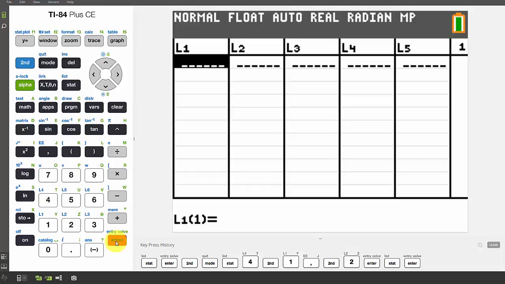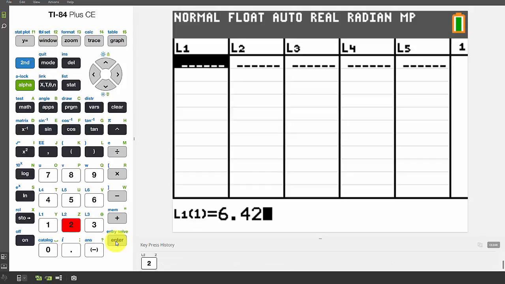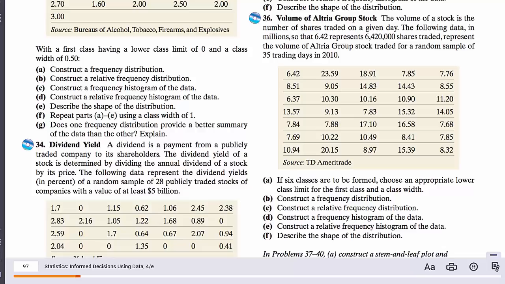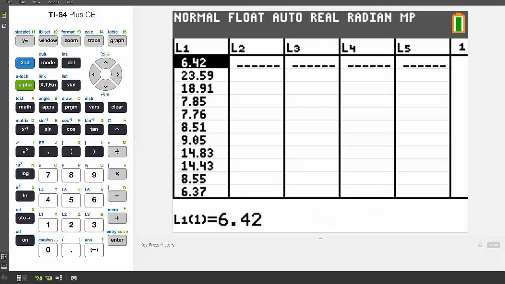And so then you can begin to key in your data, and so on. And so again, if you'd like to pause the video and key in this data, please feel free. So as you can see, I've taken the liberty of keying in that data, and at this point I'm ready